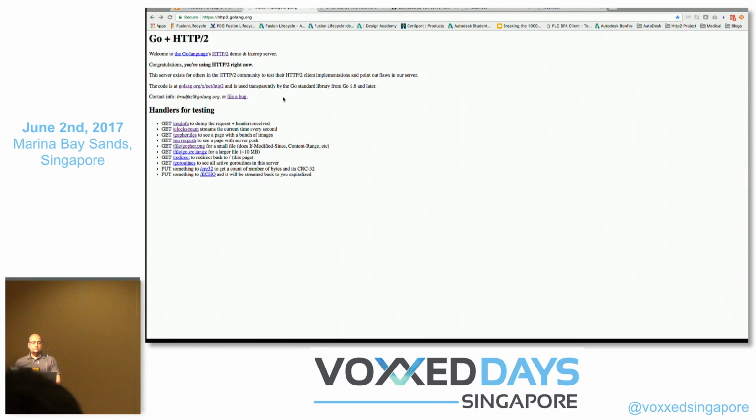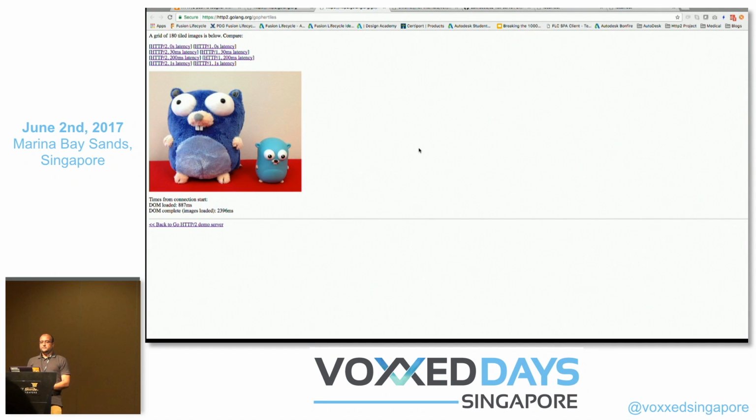If you need to know more about their HTTP 2 support, there is a link to the HTTP 2 package. You can go and check it out. They have many samples here, and I will share two of them in this talk. Let's start with the Go for time sample. This is more of a simple load test, just to compare head-on the difference between HTTP 2 and HTTP 1.